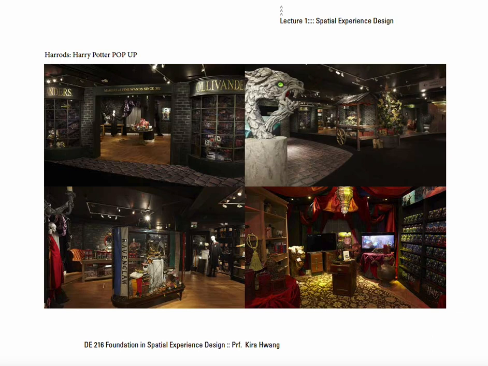So sometimes, the merchandise and retail brands use this amazing immersive and environmental style of design for their store. Because this pop-up store was hugely engaged with the brand storytelling, which is Harry Potter.